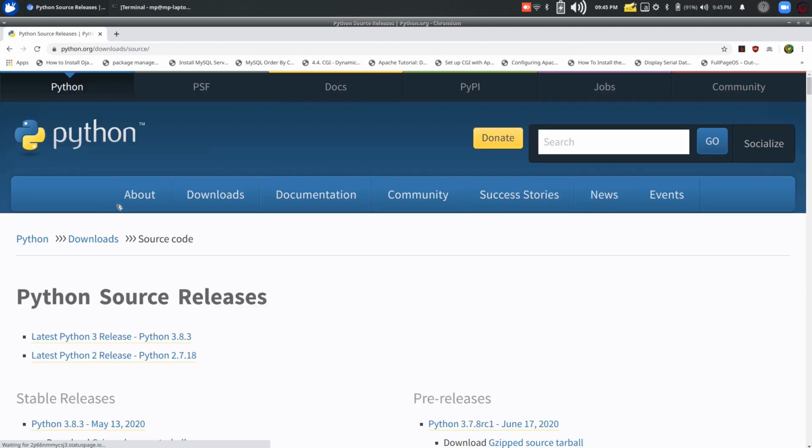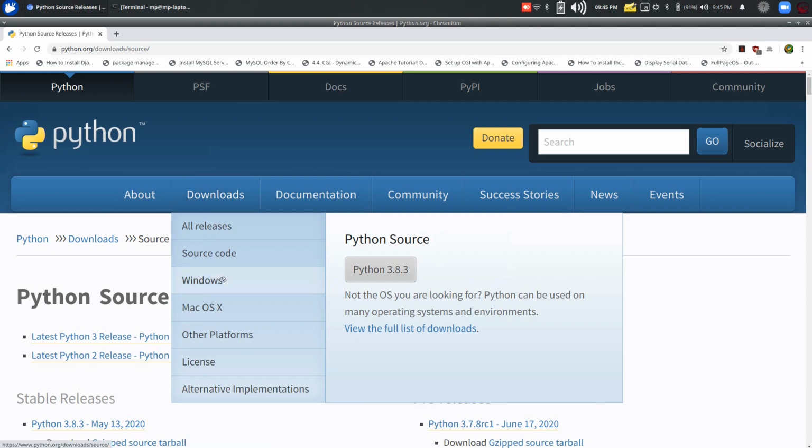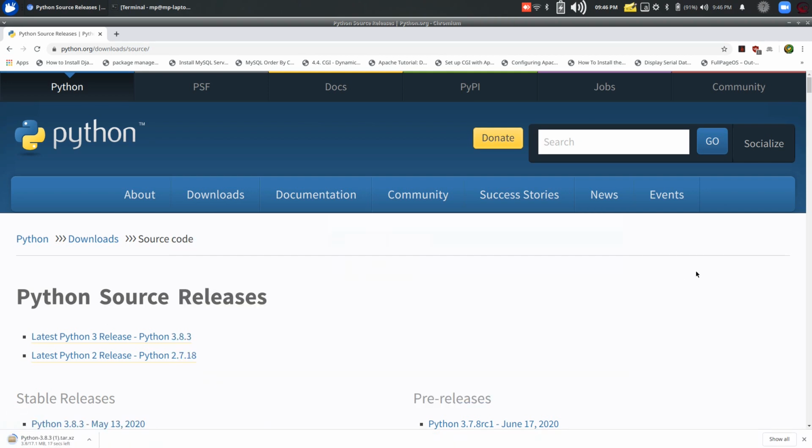There you can download for Linux, and for Windows users you can download directly from here. Once you click here, you will download a zip file. So for Windows users it's really easy.